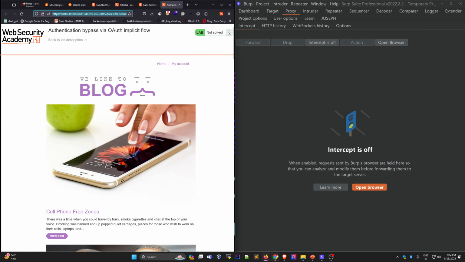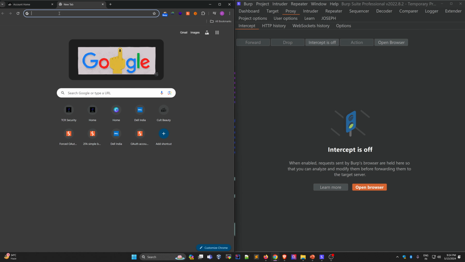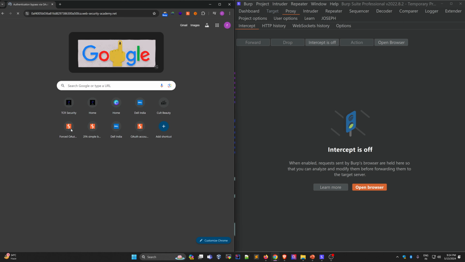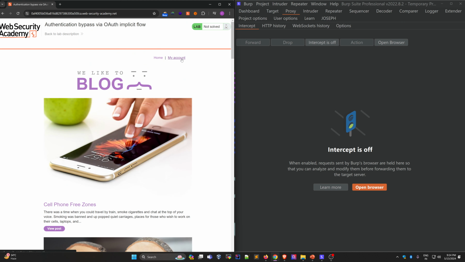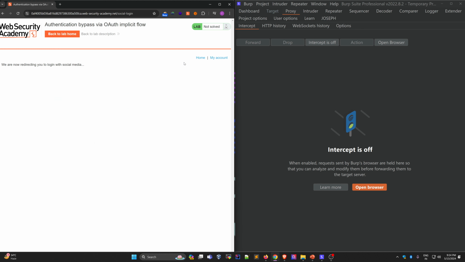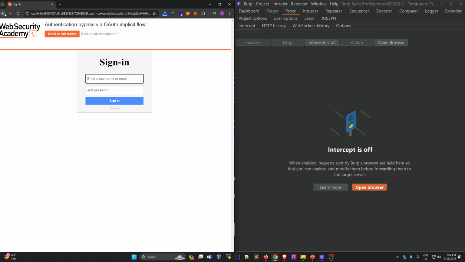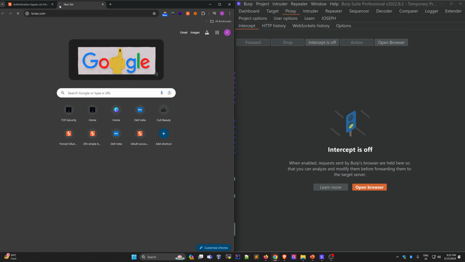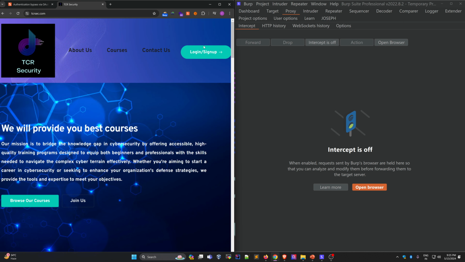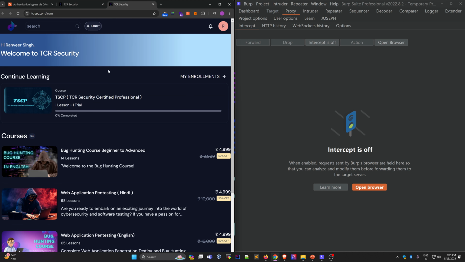Copy this and capture it in this. This is the web application. First, we need to understand what kind of flow this is. When we click on this, where are we directly redirected? To social media. Same as our website, like tcrsec.com. After clicking on this, we go, okay,